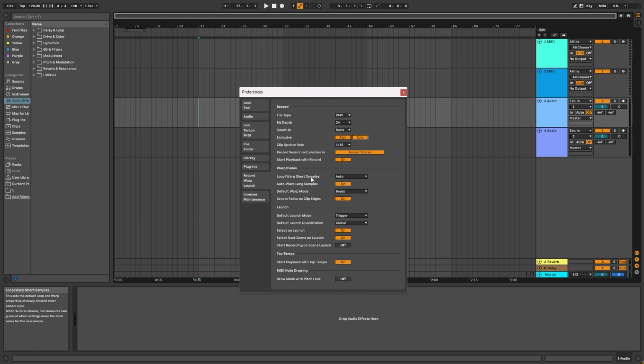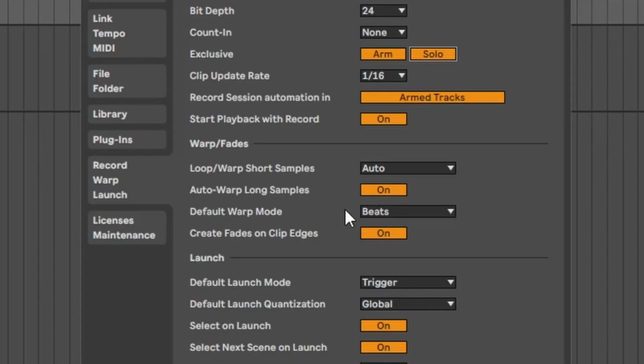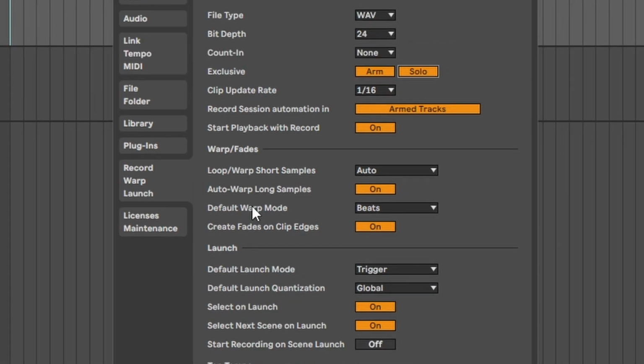Now for the really important bits of warping and fades. So personally, I have a lot of stems get sent to me that I have to import into Ableton, or you might be collaborating with people a lot or working with remix stems. And one issue you may run into is that by default, Ableton will always try and warp any samples that you drop into the DAW. This can get really messy when you're importing stems. They end up not warping to the same tempo, and it changes the start times, and it's all over the place. No bueno. So I will turn auto warp long samples off,